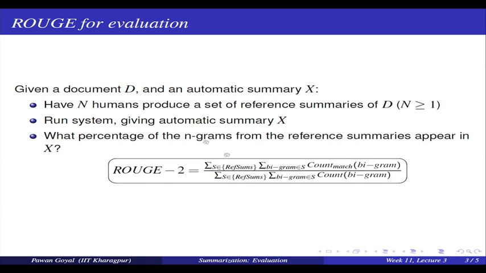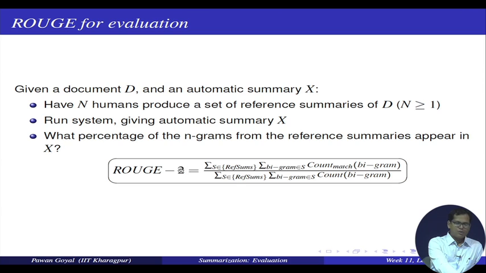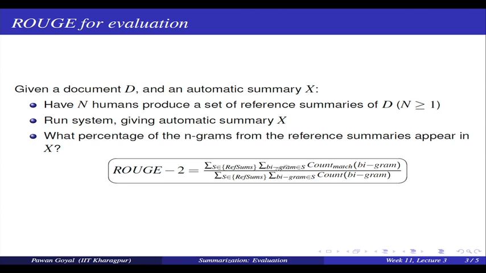So this is the example for Rouge 2, that is you are taking bigrams. So what you are doing, you are counting, so your numerator is, for all the reference summaries, for all the bigrams that occur in the reference summaries, find out how many are matching with the system generated X, how many bigrams are there in the system generated summary X as well. So you are counting that, your numerator. What is the denominator? Denominator is for all the reference summaries, for all the bigrams, count how many bigrams are there. So that is you are finding out among all the bigrams that you can find in all the summaries, how many are present in the